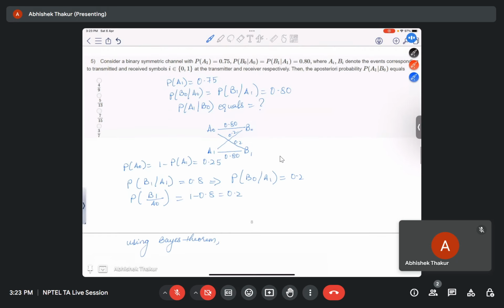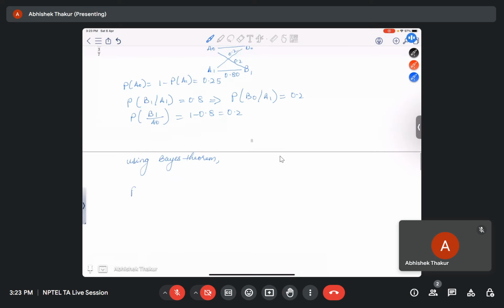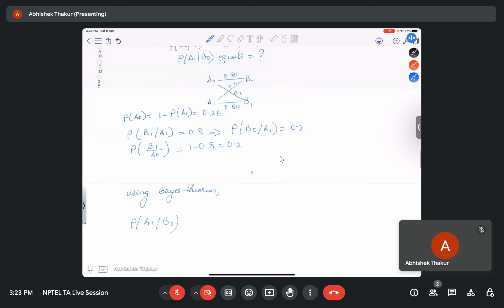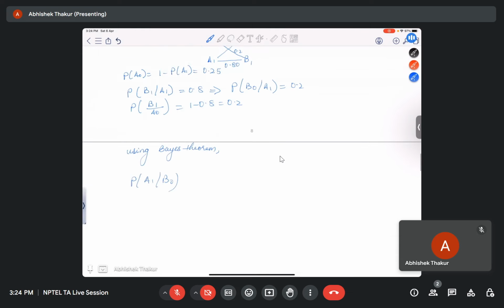So in this question they have asked the probability of A1 given that B naught has occurred. Now we have to find that the transmitted signal was A1. So the probability of A1 given that B naught has occurred is equal to the probability of B naught given that A1 has occurred, times the probability of A1,